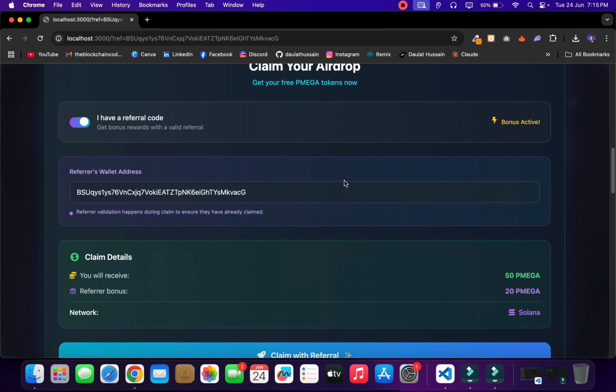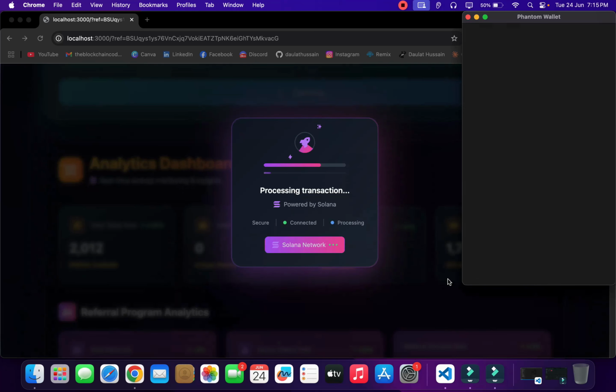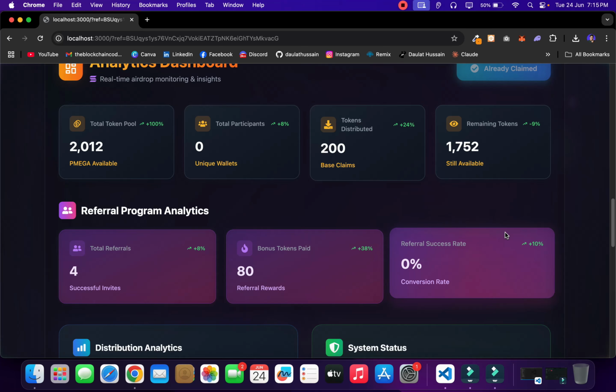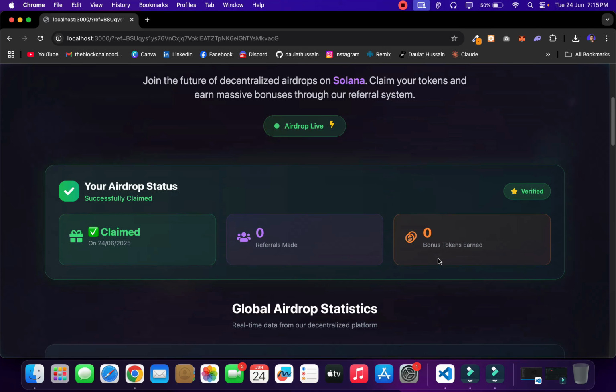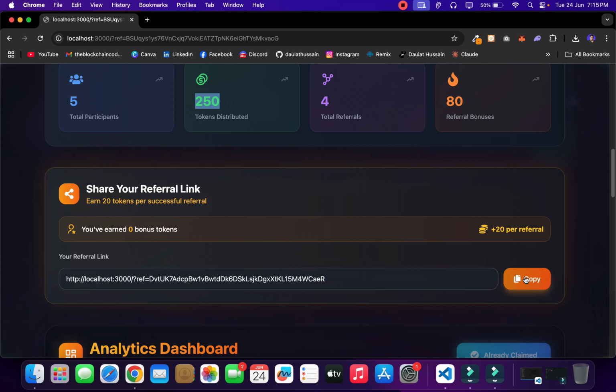In this project, you're going to launch your first ever advanced Solana token Airdrop DApp with referral program. So when the user claims the airdrop, they will get their referral ID, and they can share it and get the referral commission. So we have included tons of features for the admin as well as the user. Let me give you a complete walkthrough of what exactly you're going to build and launch in this particular